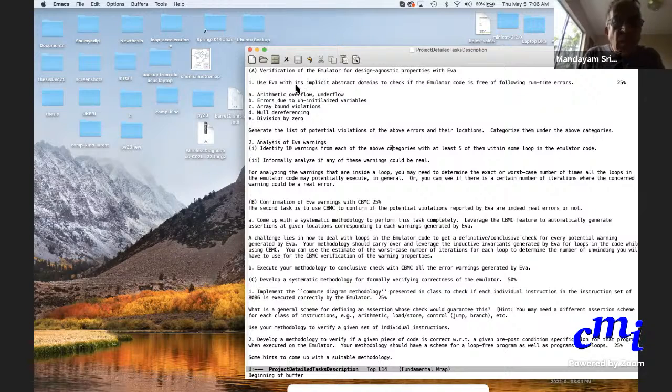Okay. So the first task is, what I've done is A and B I classify as a single task. Here I've listed two tasks. First is verification of